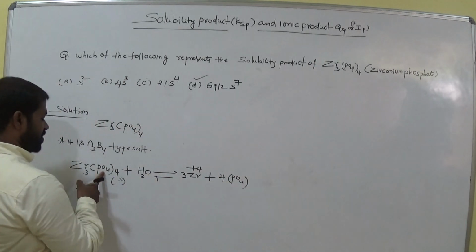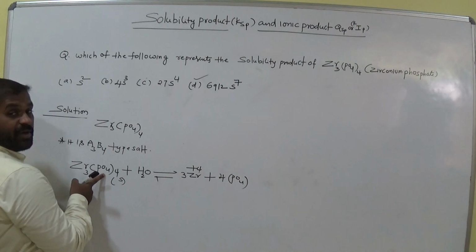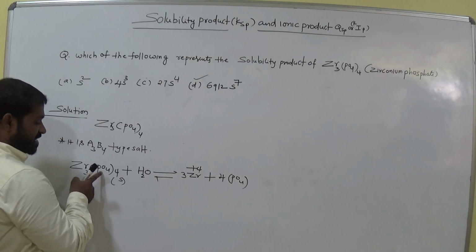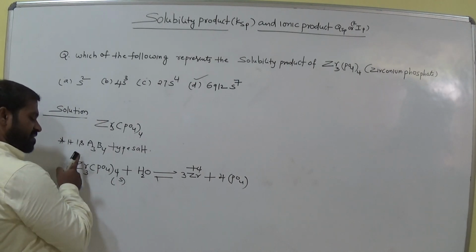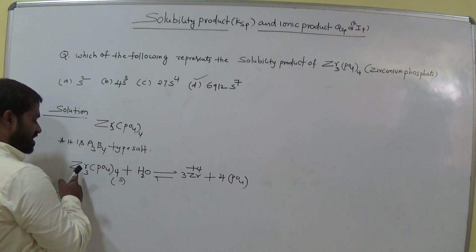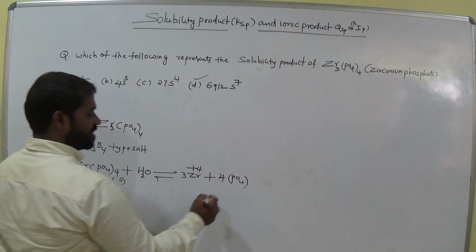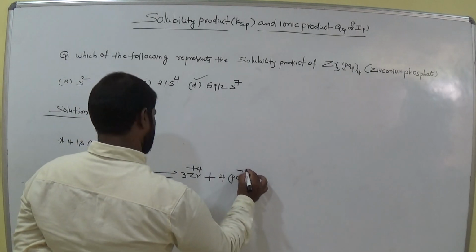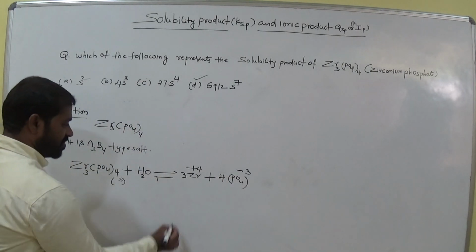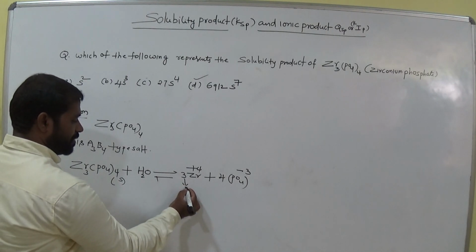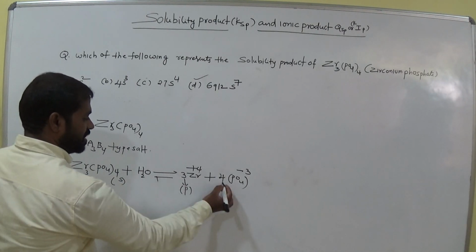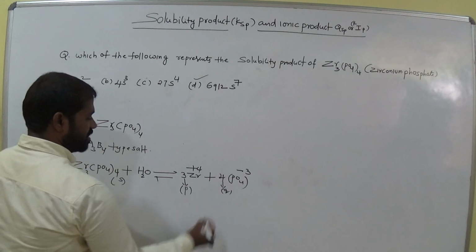What is the oxidation state of PO4? This is the oxidation state of PO4. Am I right? This is the oxidation state of this one. This is plus and this is minus. These are the number of atoms or molecules here. Remember this. Now it is minus 3. Am I right? Minus 3. Now what is the value of P? P is 3 here. This is Q, clear?